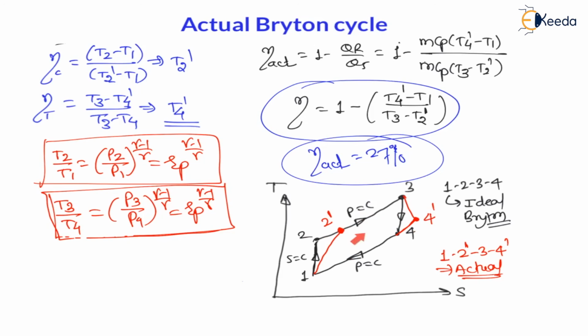What I am saying is, for the total cycle, not for compressor and not for turbine. We have compressors with efficiency of 90% also, that means for process 1 to 2 only. We have turbines with efficiency of 90% also, that is for process 3 to 4 only. But for the total cycle we have reached up to an efficiency of 27%. And this is a very good efficiency, my dear students. Don't think that it is very low efficiency. It is very good efficiency. Therefore, these gas turbines have become very popular nowadays.